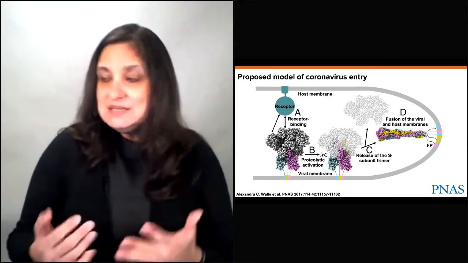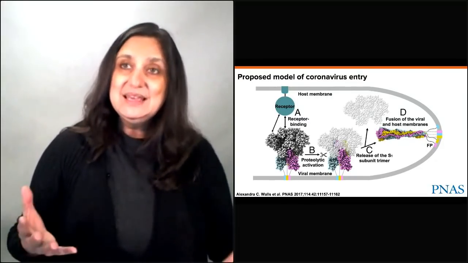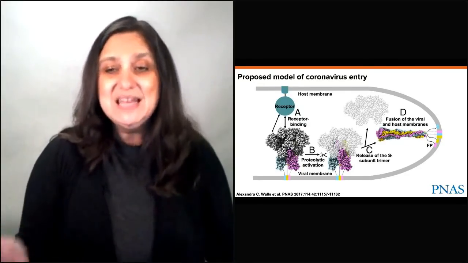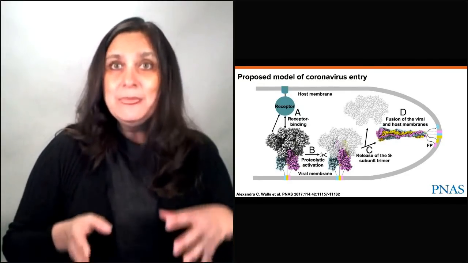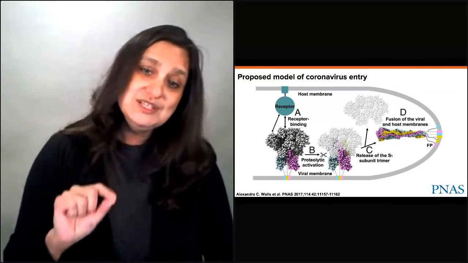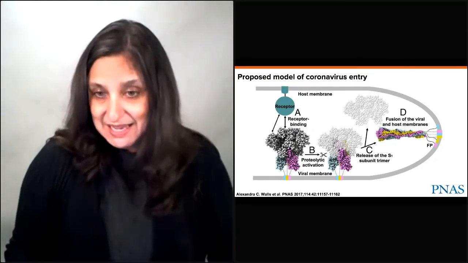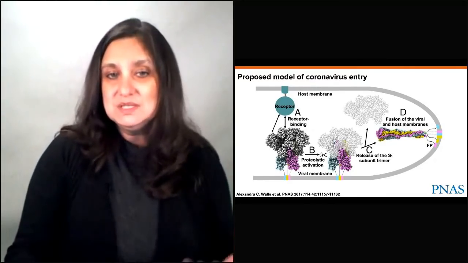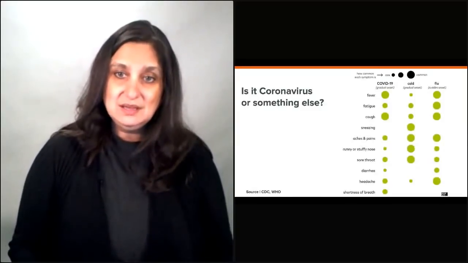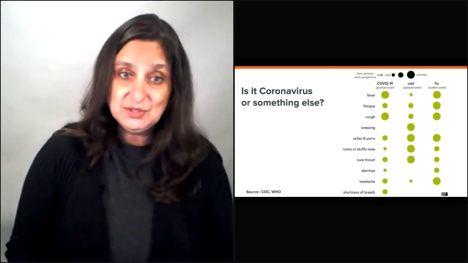sick, because that's another major question. How does the COVID virus make us sick? It makes us sick because in order for it to reproduce, it has to destroy our cells. And the way in which it targets our cells is it looks for proteins on the surface of our cells, and they're mostly present in our lungs. And that's why the symptoms of getting sick with COVID virus look so much like the common cold, if it's a mild case, or a really bad flu.